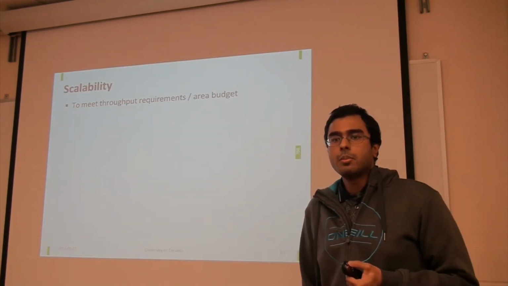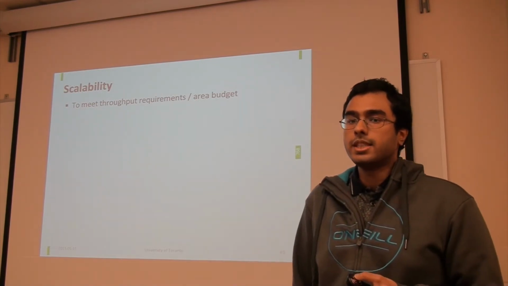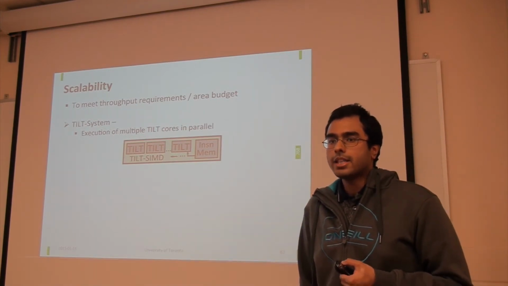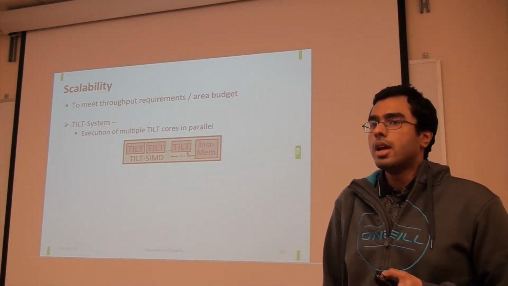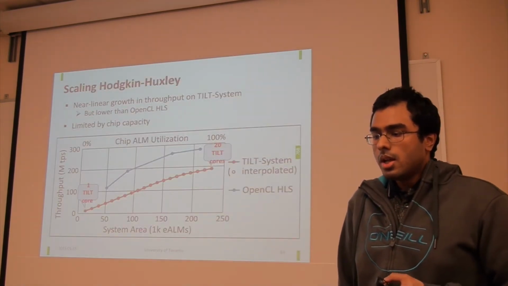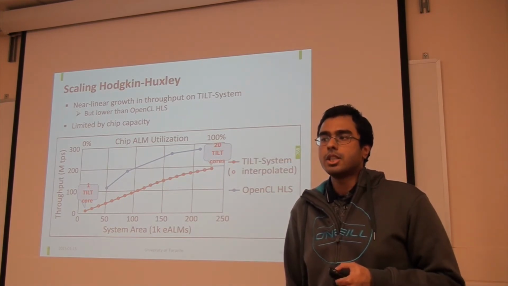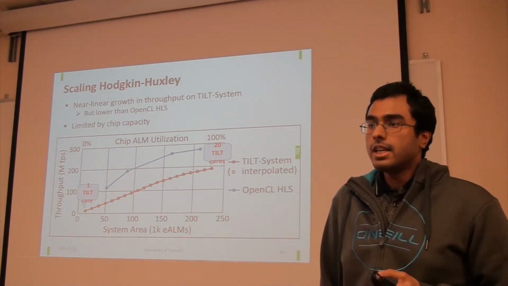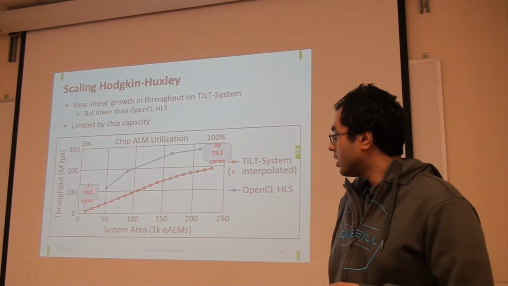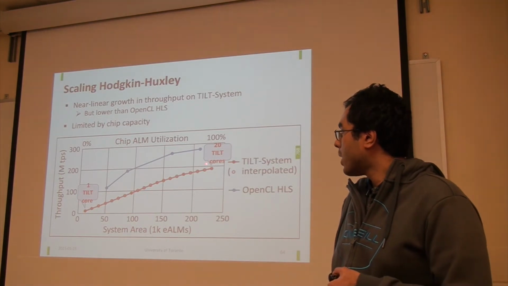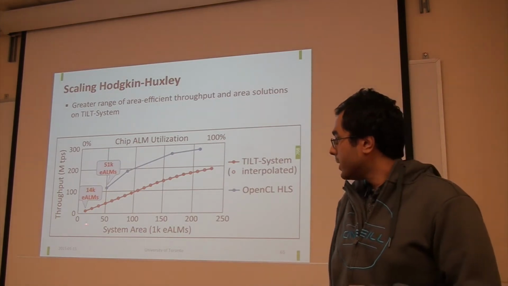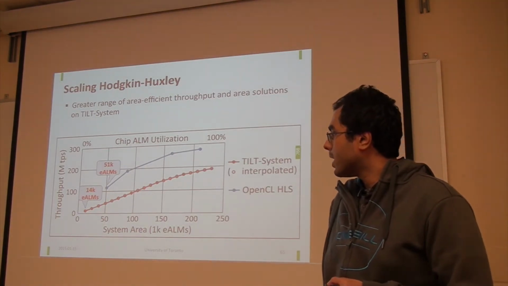Architectures also need to be scalable to meet compute requirements and/or an area budget that is either set by the designer or the system environment. We scale our TIL system by executing multiple TIL compute cores in parallel. And similarly, we scale our OpenCL HLS designs by replicating the compute pipeline. This graph shows the throughput scaling results for the Hodgkin-Huxley benchmark. We observe near linear scaling in throughput and area for our TIL system designs as we scale our design from 1 TIL core up to 20, but it is less than that of the OpenCL HLS. There are a lot more intermediate design solutions available to the TIL system,